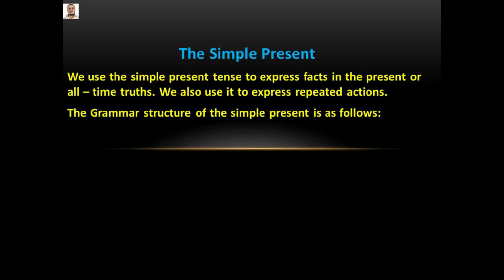Today we are taking grammar, the simple present. We use the simple present tense to express facts in the present or all-time truths. We also use it to express repeated actions. The grammar structure of the simple present is as follows: